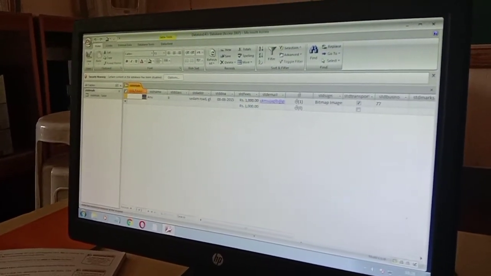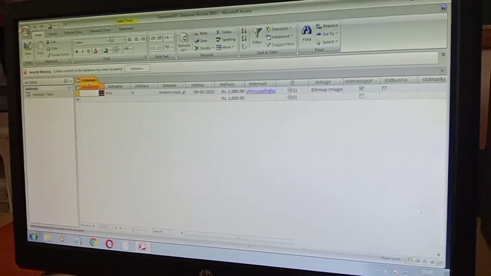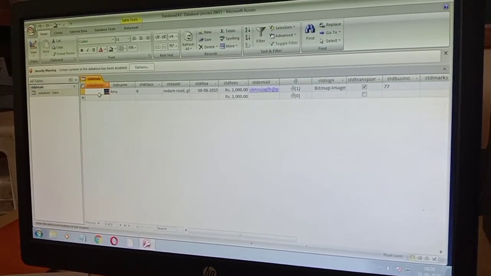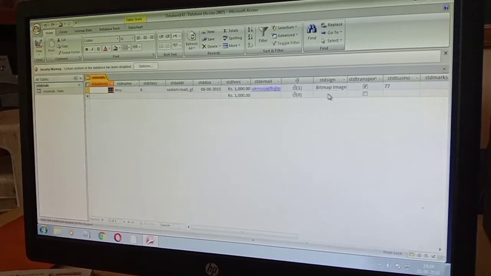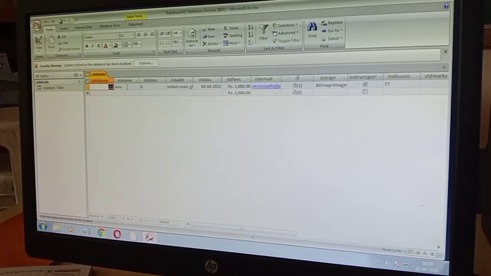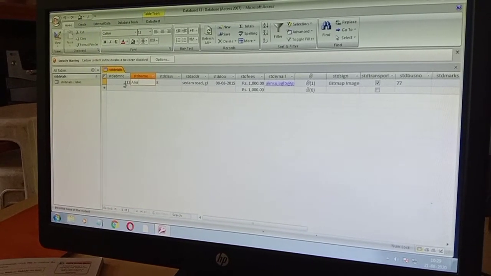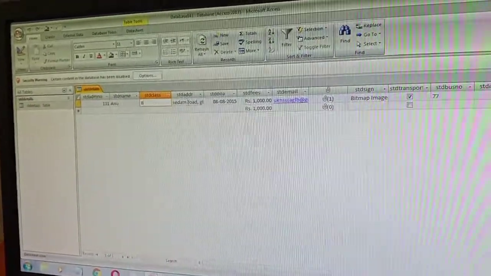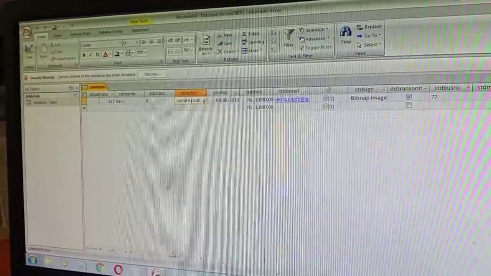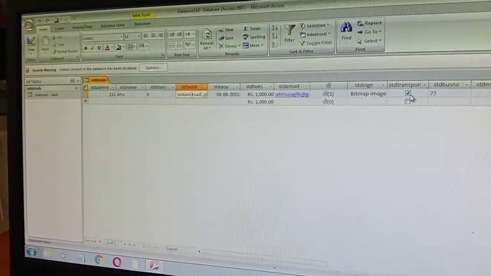Here you can see student admission number, which is a unique field, and it has a primary key added to it so that the number entered there should not be repeated. Then you have the student name, student class, student address, student date of admission, student fees. Now whatever I am entering, the details like student admission number, I have entered here 111. Then the name of the student is Anu, class 8, Sedam Road. This whole information is called a record. I hope you understood how to enter a record now.